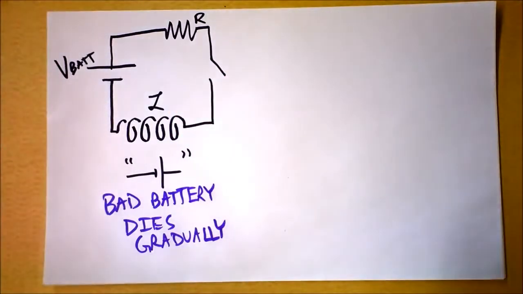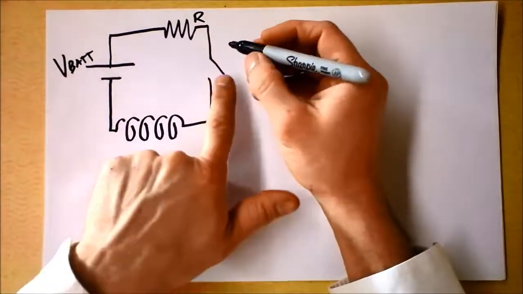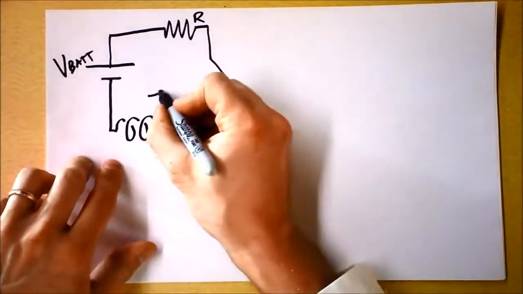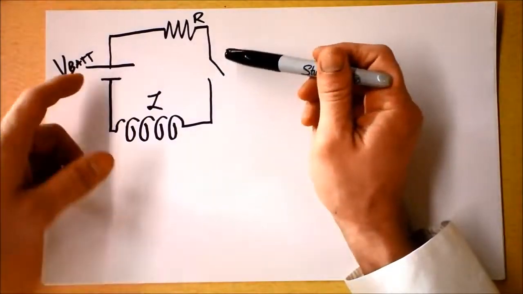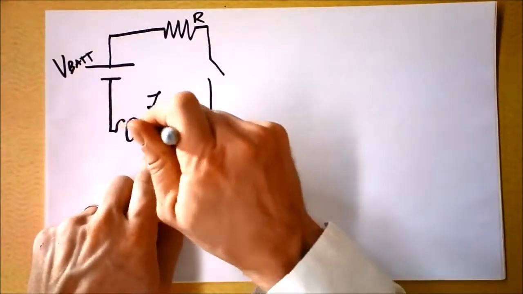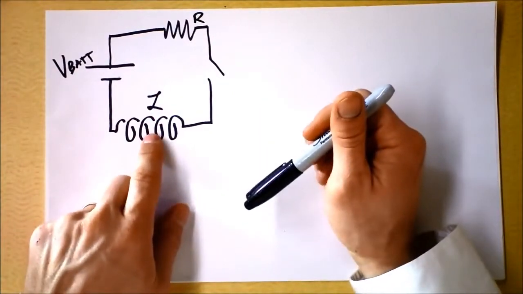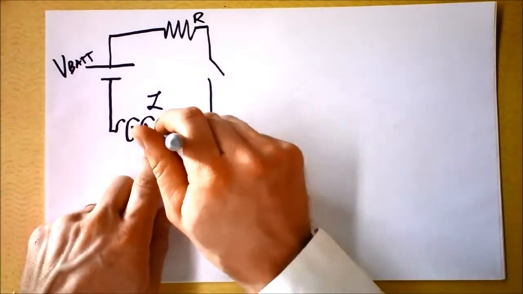So I drew you a pretty circuit. We've got a battery here putting out some voltage, and we've got a resistor there, and this is just a switch. Right now it's open, and we've got an inductor. Time to go a little bit further into what inductors are all about. You see, if I close this switch, then the current will begin to flow, and a magnetic field will begin to occur inside of the inductor. The inductor itself will get upset that it's creating a new magnetic field, and